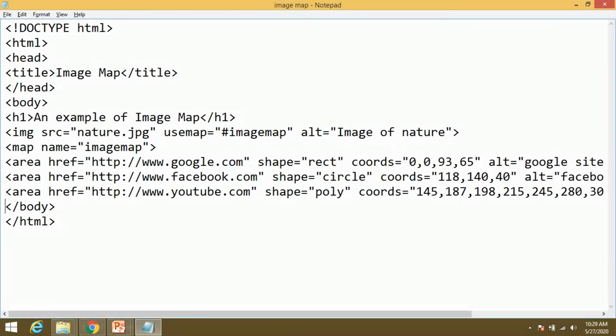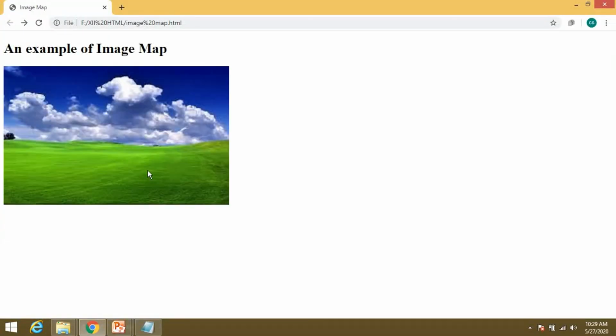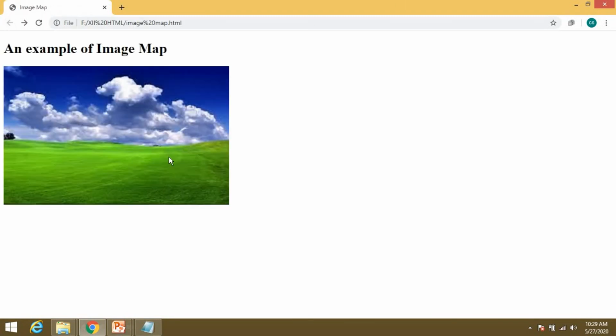Now close the map tag also. Just close the map tag over here and save this. Now let's check, click refresh. You have to see the circle area, and next you have to search for the polygon. See, where is the polygon?